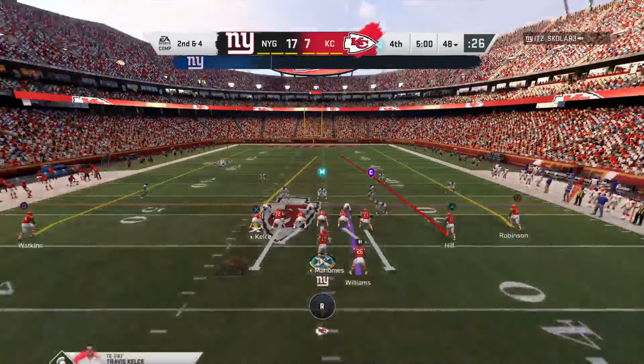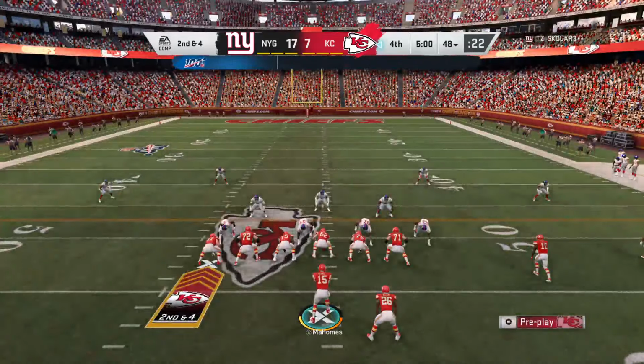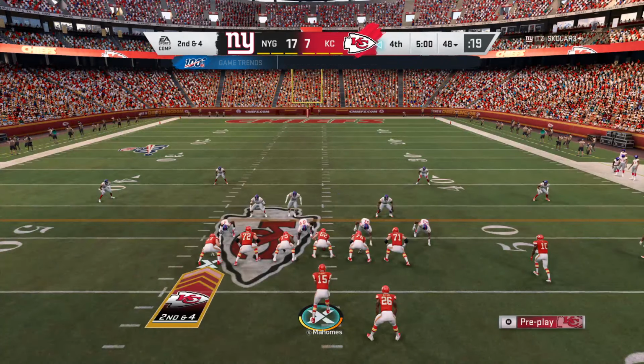Yellow. I'll go little lady. Don't let him breathe. Don't let him breathe. Play outside deep. Don't let